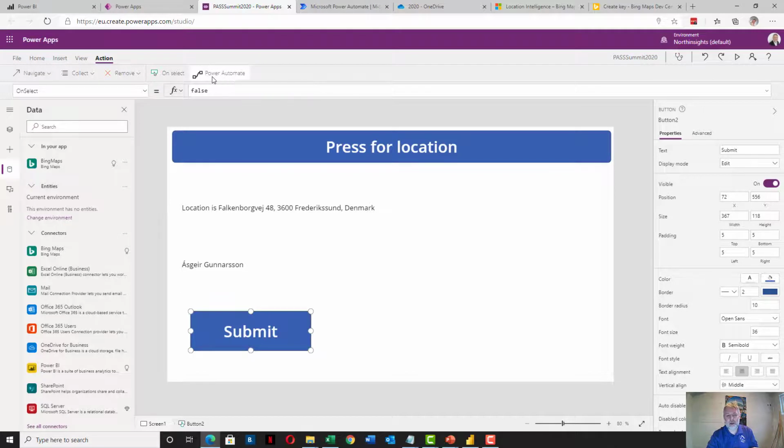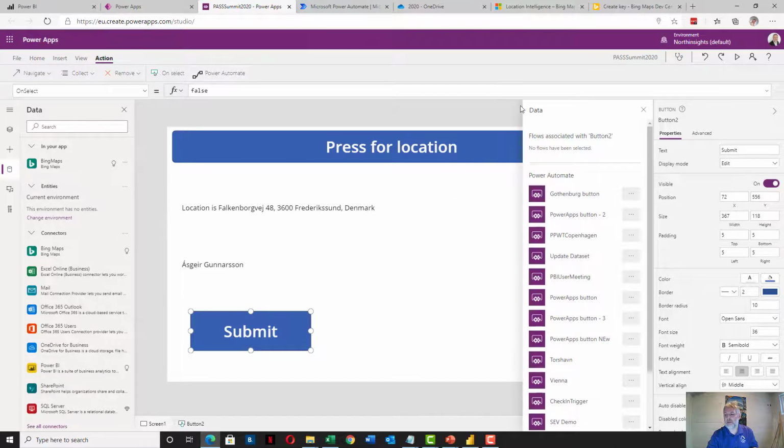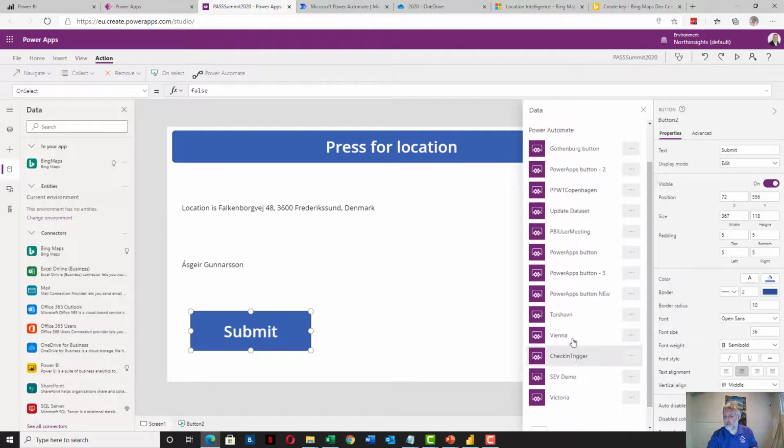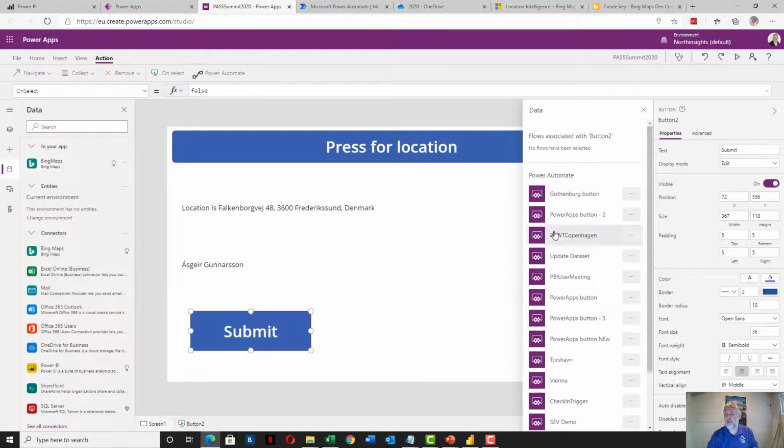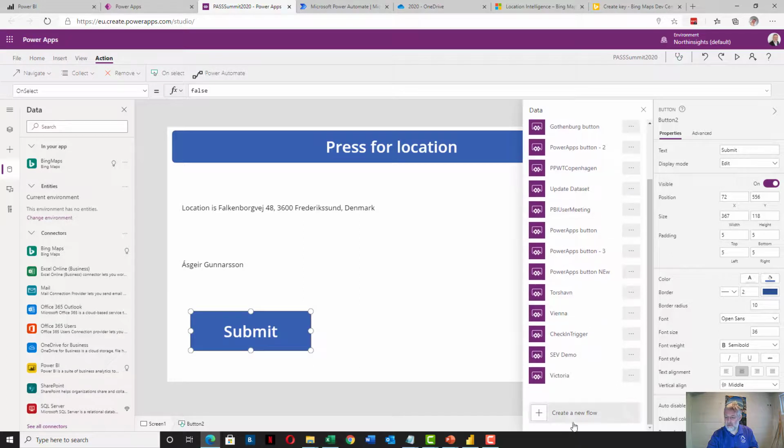So I'm gonna press Power Automate here, and it's going to open, saying that there's no flow associated with this button, which is called button 2, which is the property behind it. It says you have all these different flows that you can add to the button. Do you want to add one of these to the button, or do you want to do something else? I want to create a brand new flow, so I'm going to start from the plus, but I could use any of my flows that I have done before. So I'm going to press new flow,